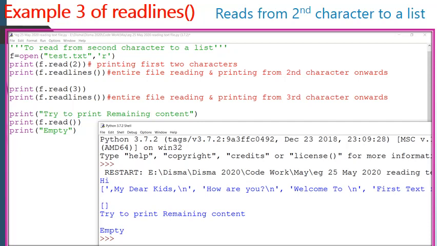Then I'm just printing a message: try to print the remaining content. You know that the content is not there, so this particular message will be printed. After that, again I'm trying f.read(). You will get nothing, because it is not going to return an empty list, whereas readlines will return an empty list. Then after that, I'm trying to print empty. So we got the output as